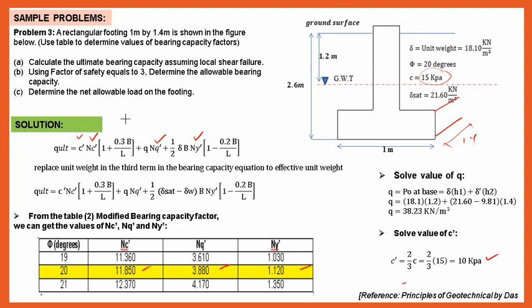So, given also is our B and our L, that is 1 by 1.4. So, unit weight, we have B, we have L. What we will solve is the Q. When we have no water table, our Q is unit weight times DF. But since in our problem we have a groundwater table located above our footing, our Q will be equal to this